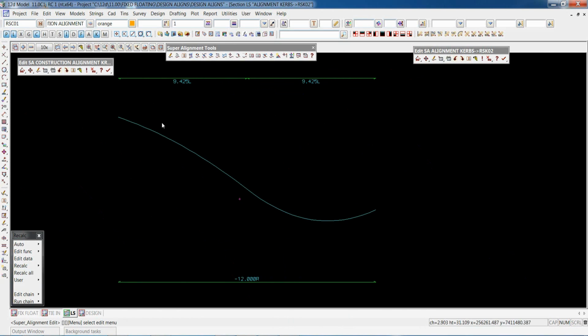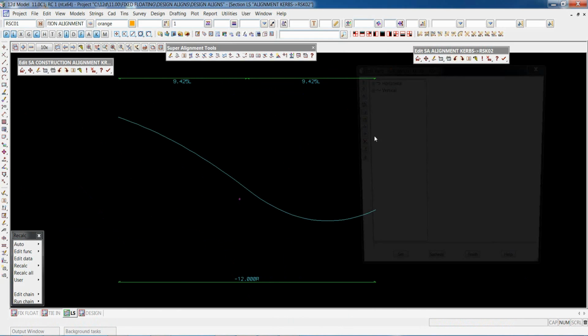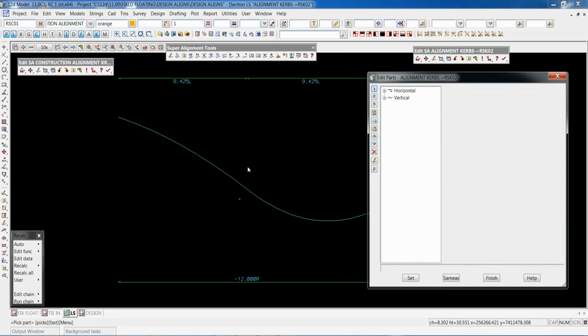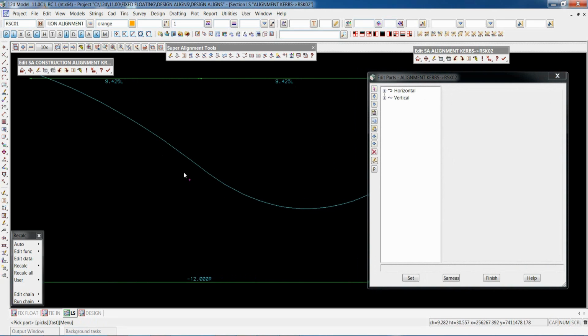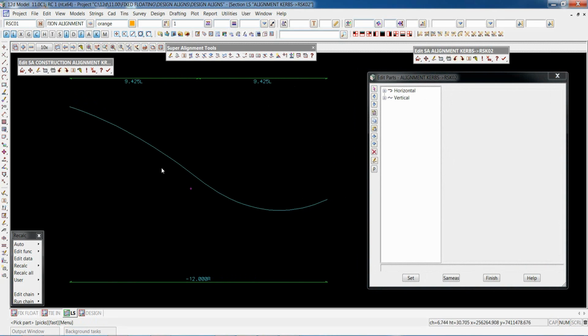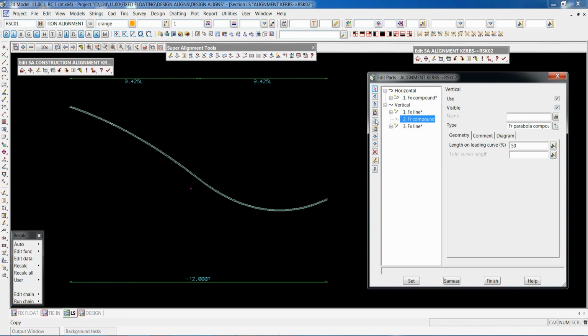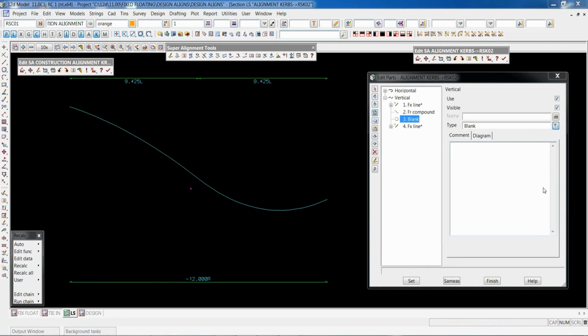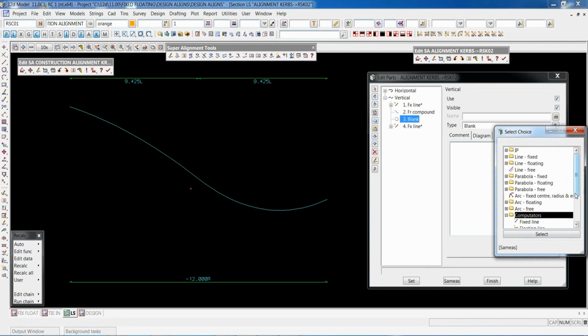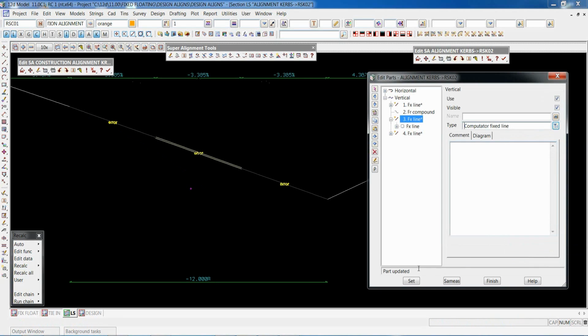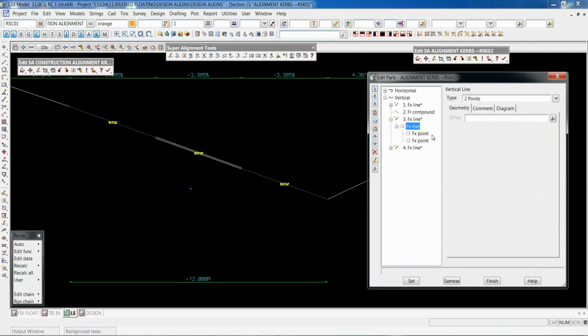So I now like this, my geometry and my curb return, to actually pass through here. Okay, so it's just a matter of picking up that point and possibly specifying a grade. So that point here, I go to here, in the vertical, I go past that, and I'd insert another part. And that part again is going to be a computator, and I want to put in a fixed grade there. I go set. So we're just going to do point and grade.